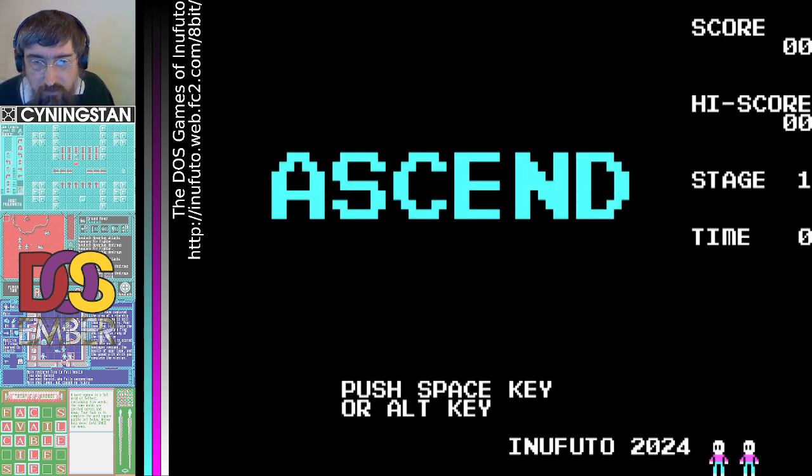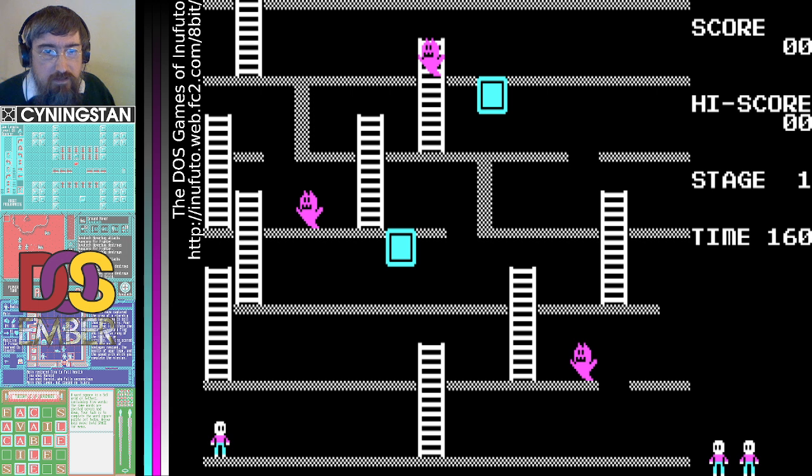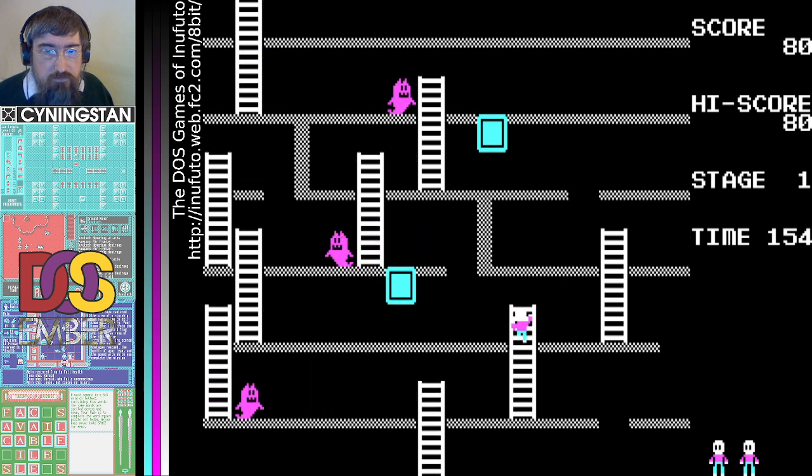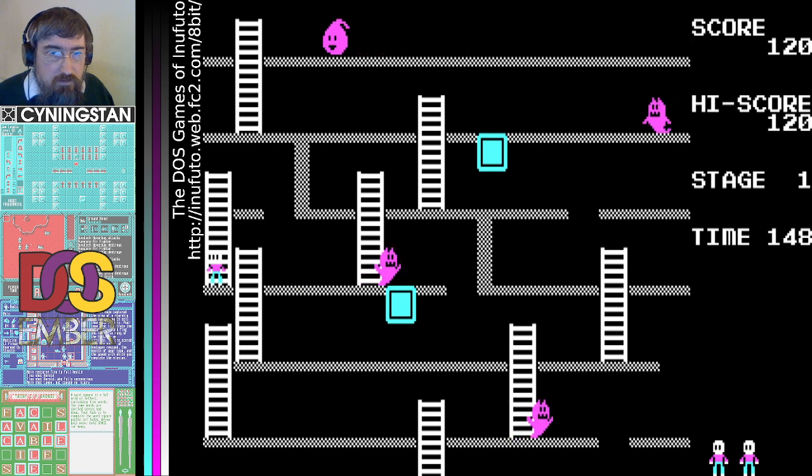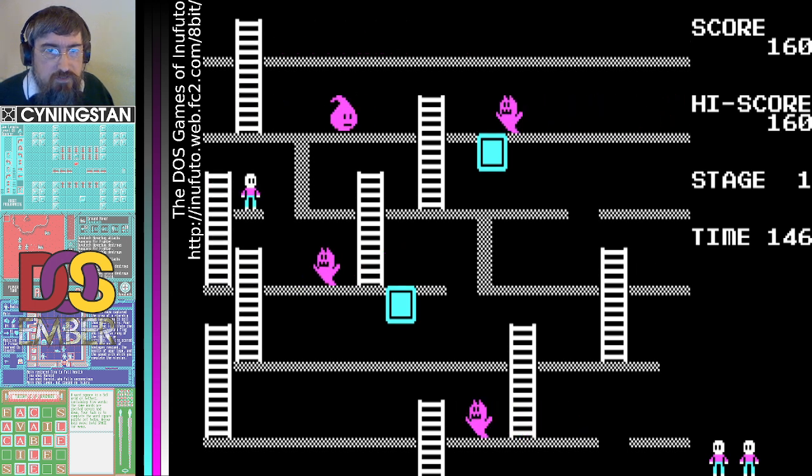Right, I've got little guys on the bottom right, so that makes it look like it's going to be a platformer. Right, is that ghost going to come for me? I don't know what I'm doing in this platformer. Looks like the ghosts go left and right.